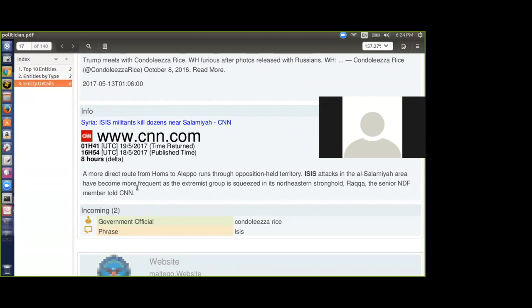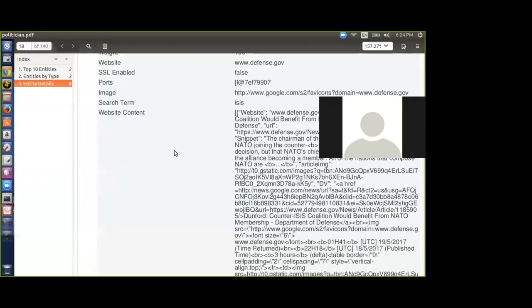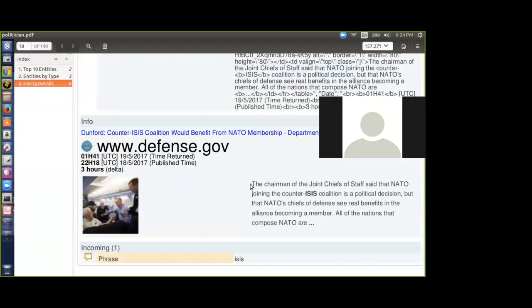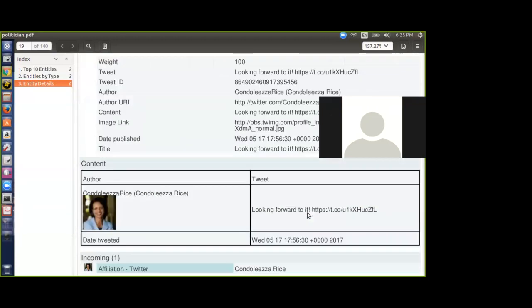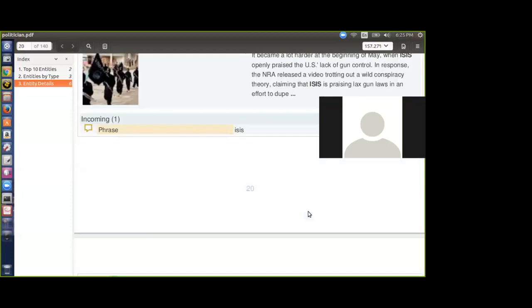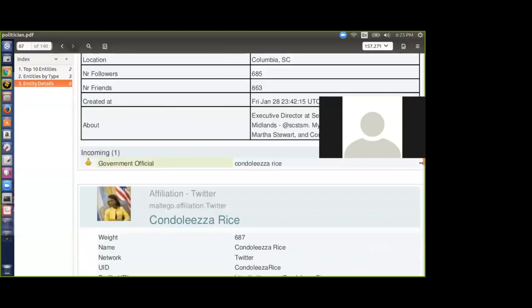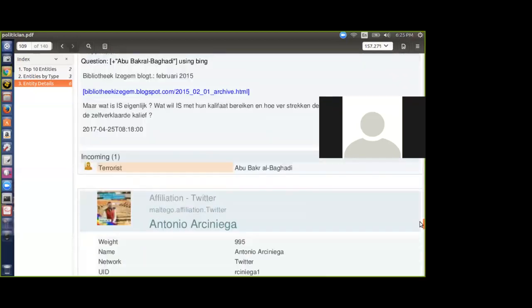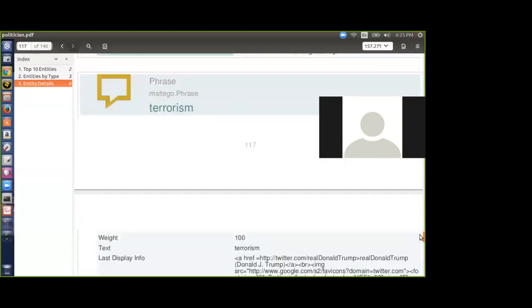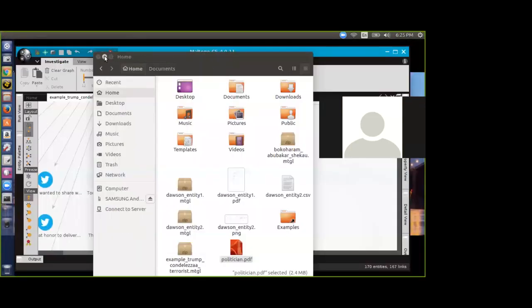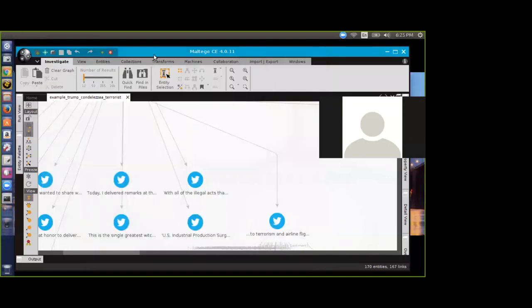Incoming. So basically, when I did a search, it maps everything together. So you can see government official, Condoleezza Rice, phrase, ISIS, website defense.gov. And then from here, it just crawls sites, and you can see where various items are coming up. So again, there's 140 pages of this stuff. Yeah, and it just goes through tons of stuff. All right, now let's get to the cool thing that I did. So enough about this young man. Let's go to